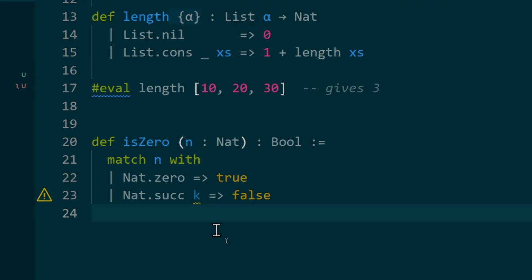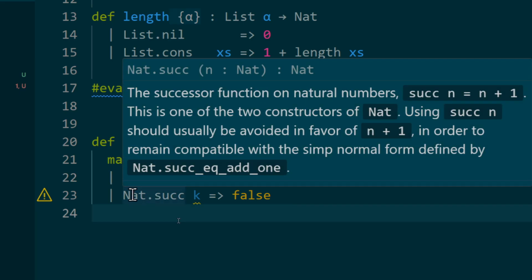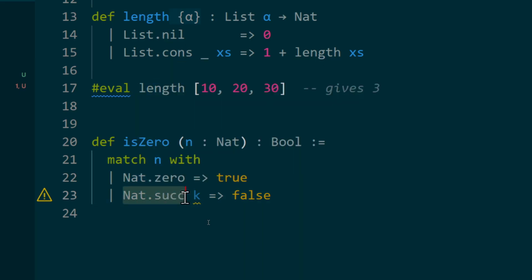Anyway, define is0 in nat bool. Match n with nat.zero true, nat.succ k false. If I can match n with zero, then is0 is true. If I can instead match it with the successor,